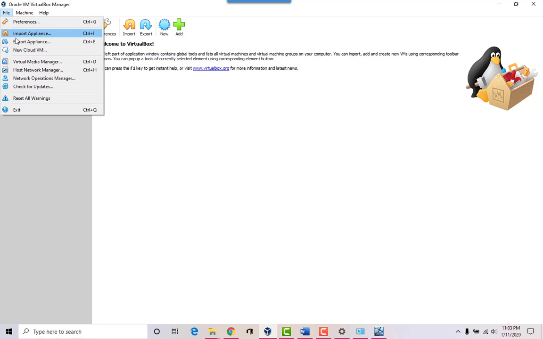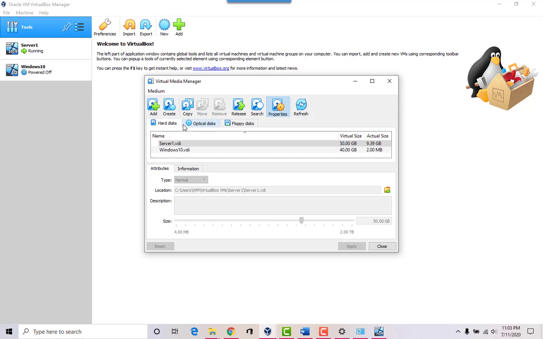I mean, you can also go to file and say virtual media manager like we did before. And we have a server 1 VDI. Actually, these are our hard drives, our virtual hard drives that we created. This is neat. It tells you how much you've actually used. Right, so this is a good way to keep track.